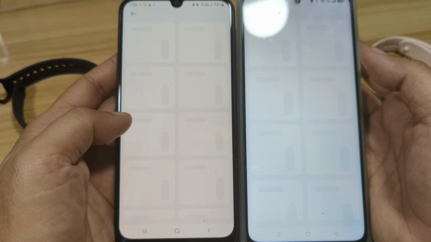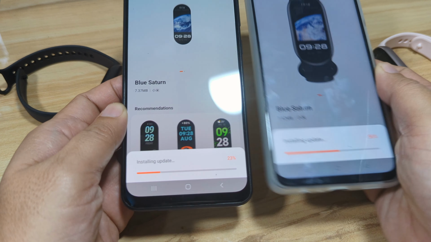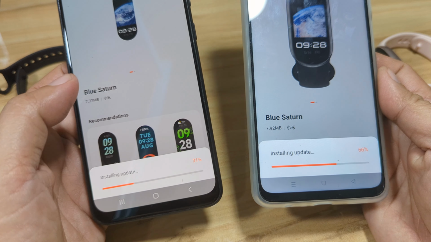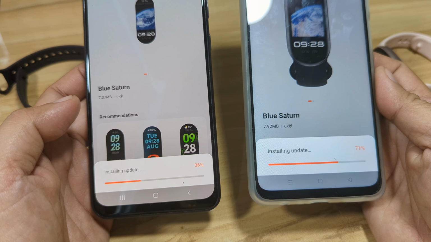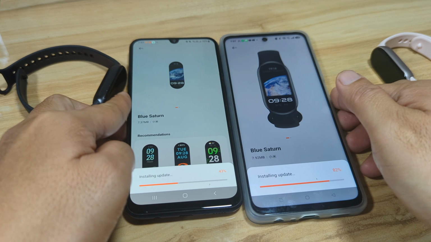It's now syncing at 39% compared to 17% for our Band 9. Just a few seconds, and we'll have our dials.